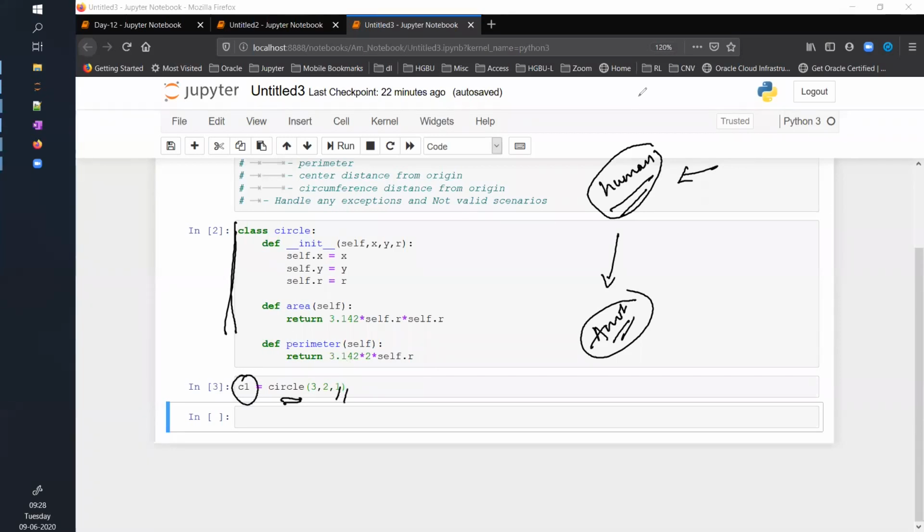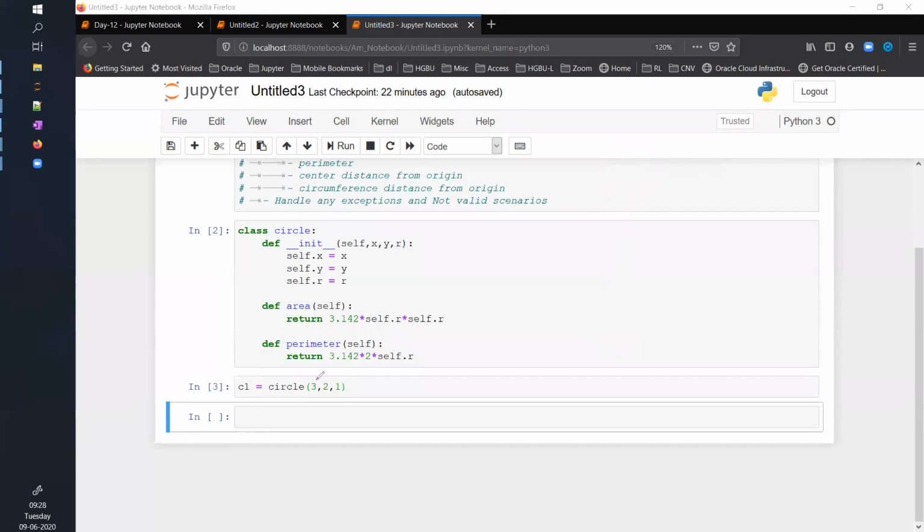Now what happens is, the moment you call this circle 3, 2, 1, it will go and check if there is any class with the name circle that takes 3 parameters, that is 3, 2, 1. And yes, it is there. And the moment you call it, this function is getting invoked.